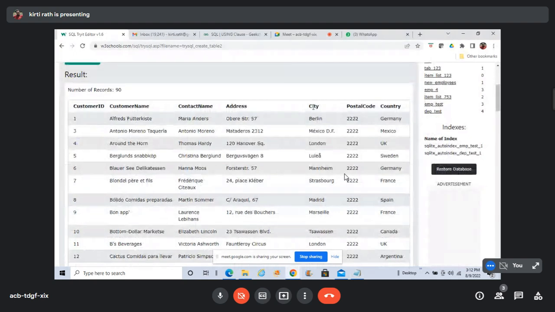Look into the same table. Okay, customers table. Sorry,